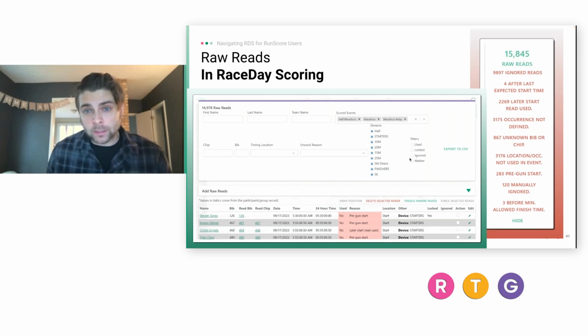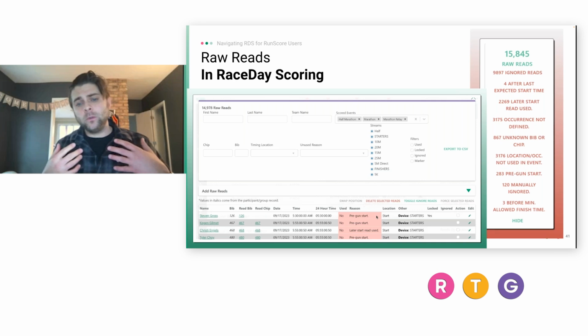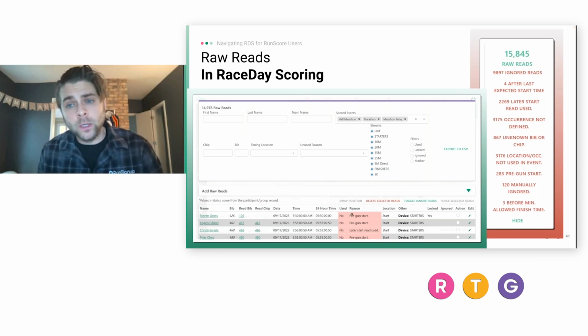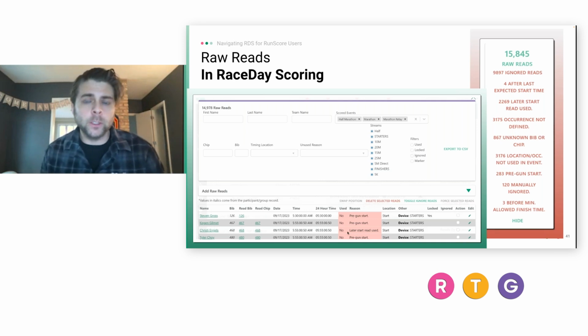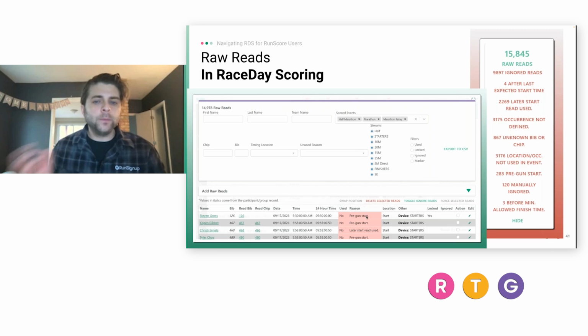One is that red is not bad here. Red does not mean warning. Red means ignored. Red means not used. But beyond that, it actually tells you why it's not used. And I think that's a really important difference, because you can just see at a glance, oh, okay, here's why